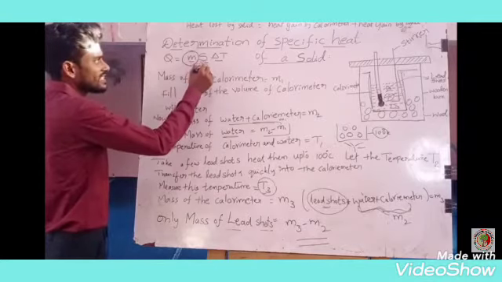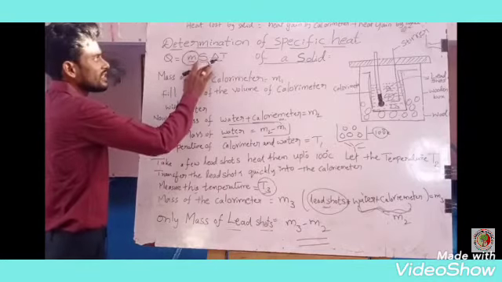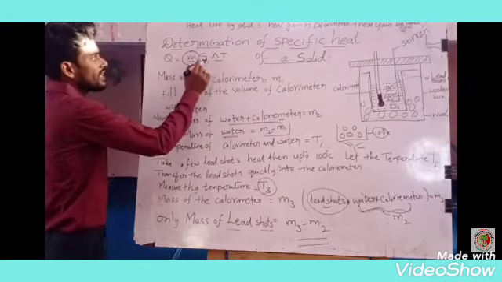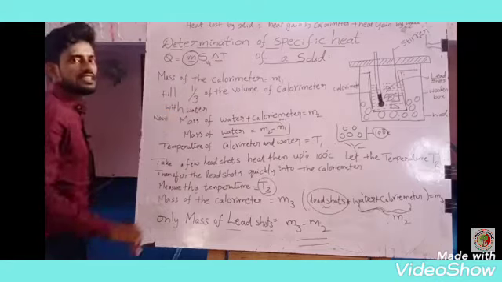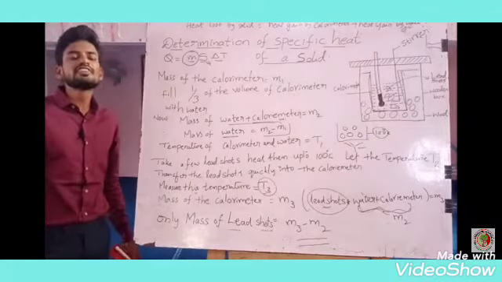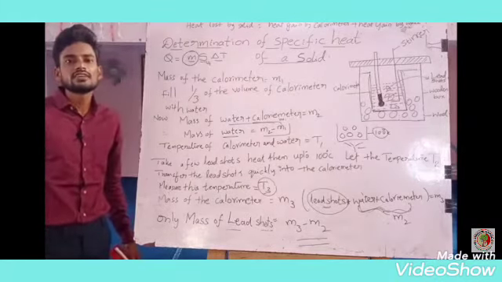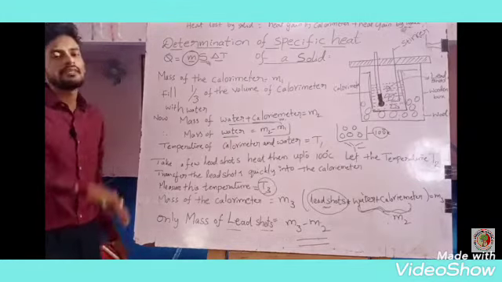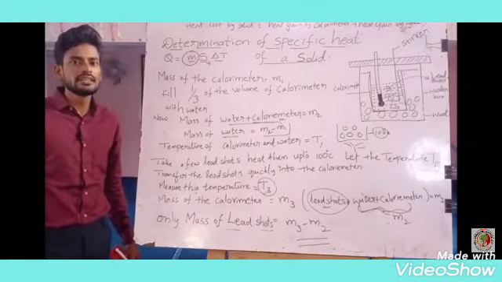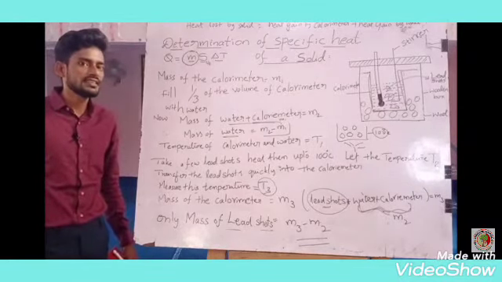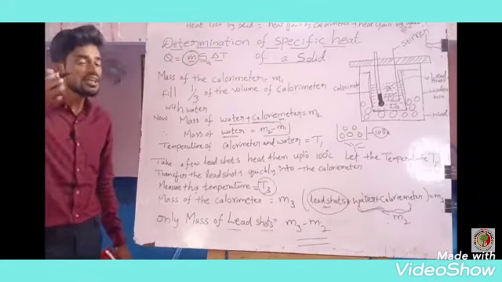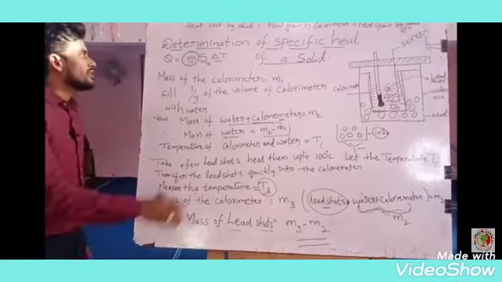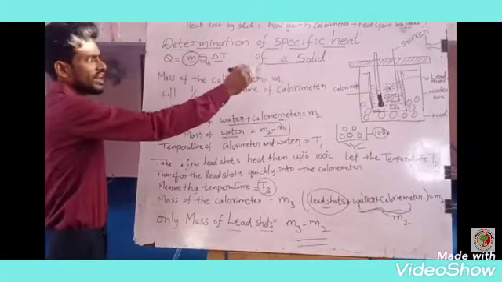Calorimeter specific heat SC, lead shots L, water W. That's why, while indicating the specific heats of three different materials, we use SW for water, SL for lead shots, and SC for the calorimeter, their individual specific heats. You know well, the masses are different. We have different masses here.